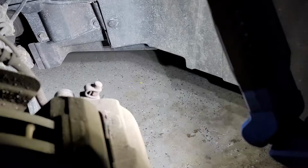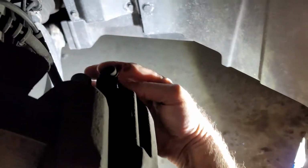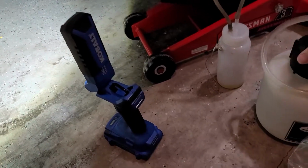And here you can clearly see our little bleeder, and that's what I'm going to attack next. Let's get it loose. I believe that is a 10 millimeter bleeder. Let's find out. Nope, ladies and gentlemen, that is an 11, at least here on the fronts it is. And with that broken loose and then tightened back up, what we're going to do next is use the